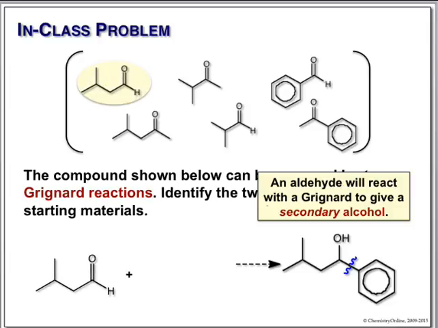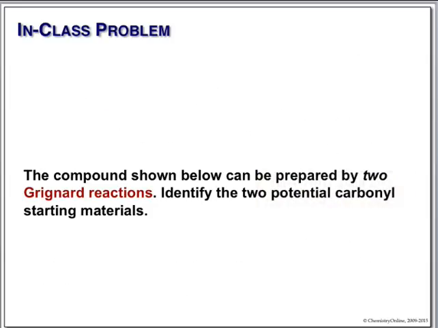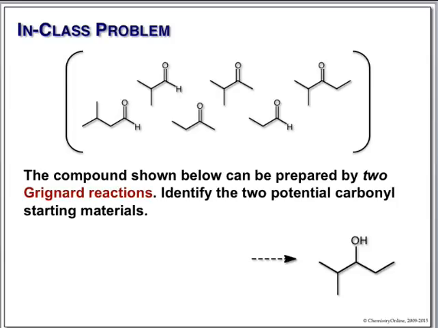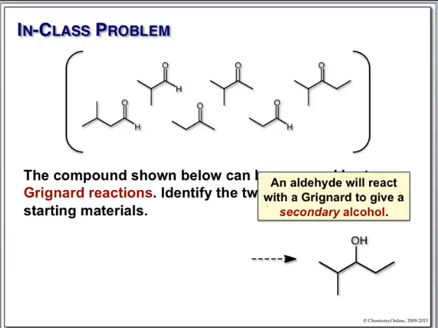And this was our Grignard reagent, the isopropyl magnesium bromide. For aldehydes,